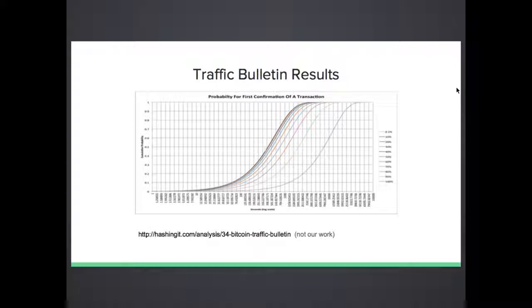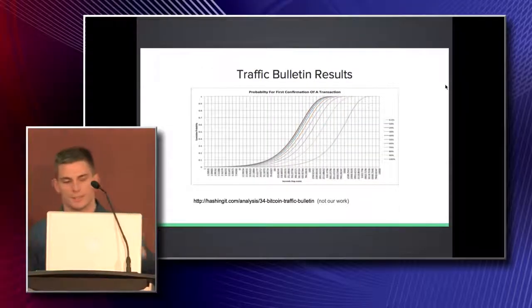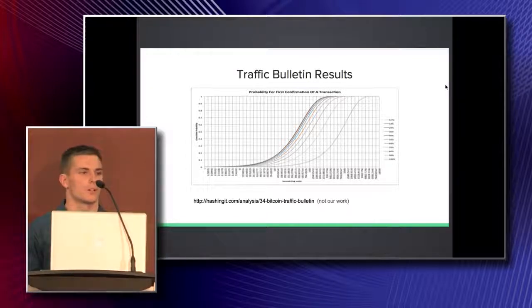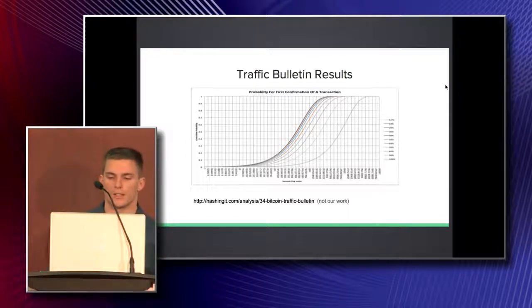So for example, the far most left curve terminates at about 380-ish seconds, so just over 5-6 minutes. Which is a really low transaction rate. Which is what you'd expect from an essentially empty network. Versus all the way on the right, the purple plot is about 10,000 seconds per transaction. So you can see the huge increase just based on the load of the network.